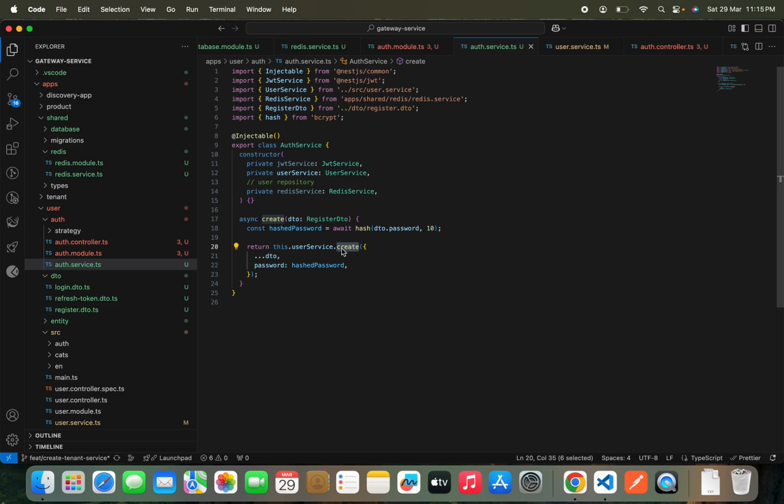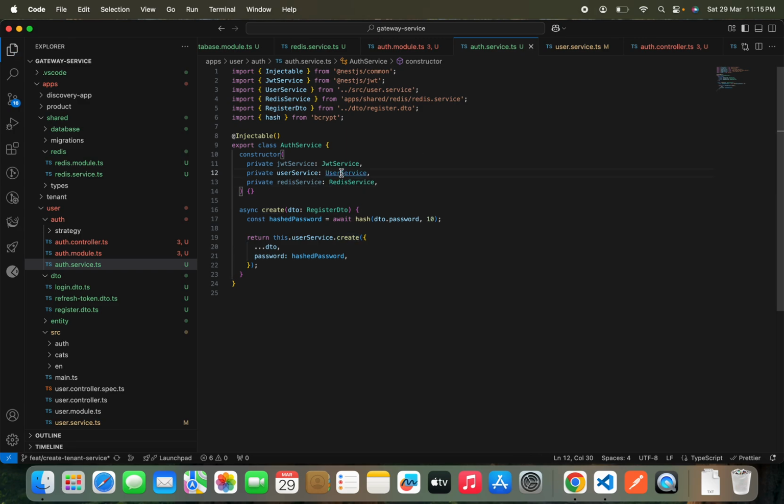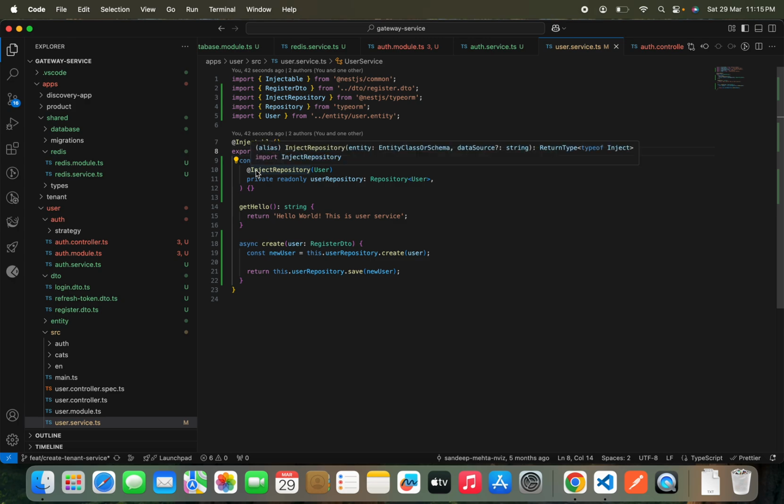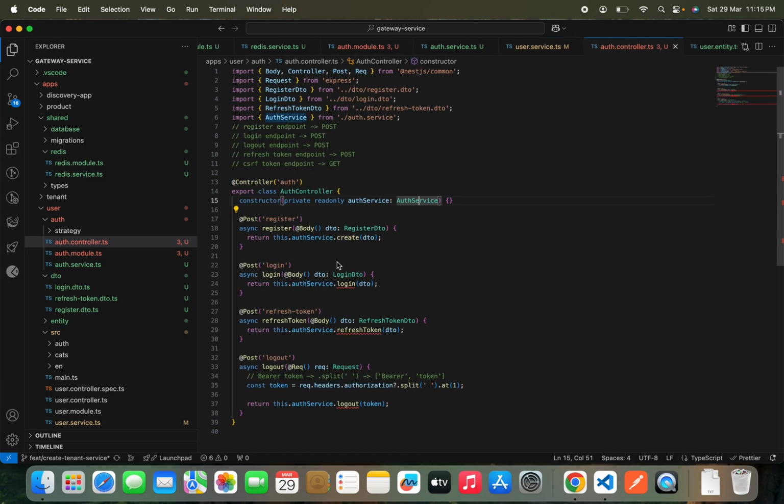That's very powerful. I find in NestJS you are making these services loosely coupled, and you achieve all the functionalities of a user service. So that's the power NestJS provides. So after the create method